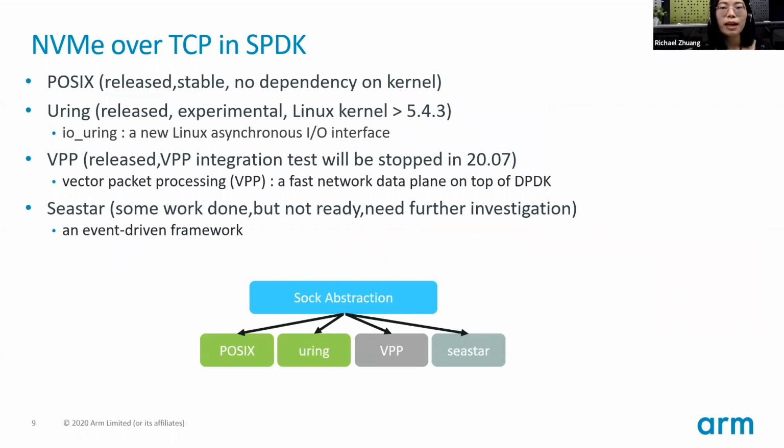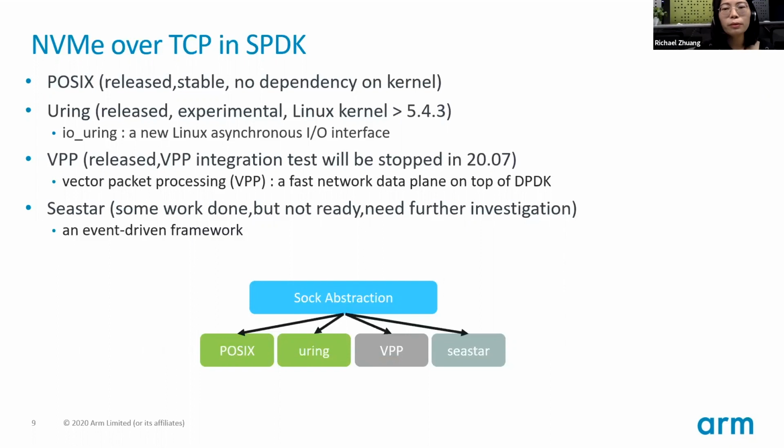Currently in SPDK NVMe over TCP, there are 4 types of socket implementation: the POSIX socket, the uring socket, and the VPP and Seastar sockets. The POSIX socket is the most stable one, and it has no dependency on the kernel. Uring sockets,